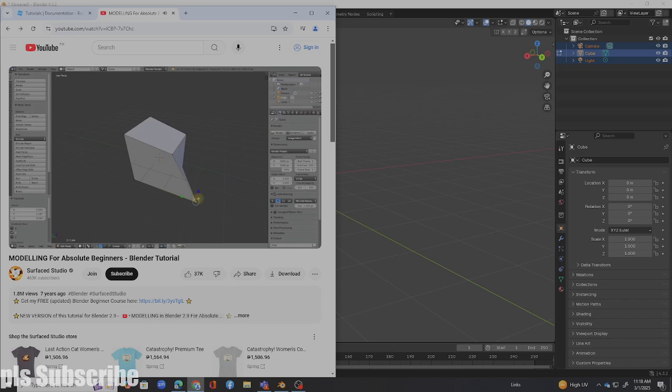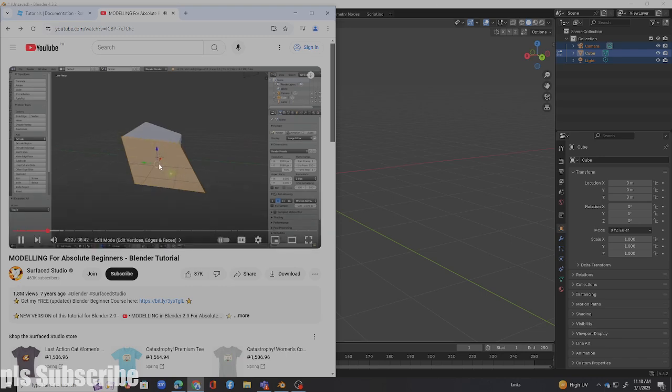If you do have a mesh with a lot of vertices, you may not want to select them all individually and hold Shift down and select every single one of them. Instead, let's press A to unselect everything, hold down Control, and now just draw a little rounded shape around the vertices that you want to select. So now you've selected all of those